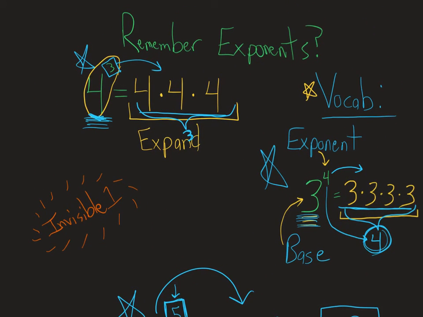All right. So 4 to the third to finish the original problem. That's 4 times 4 is 16 times another 4 is 64. Okay, that's what 4 to the third equals. That's how you calculate that out. If we were going to do this vocab problem,